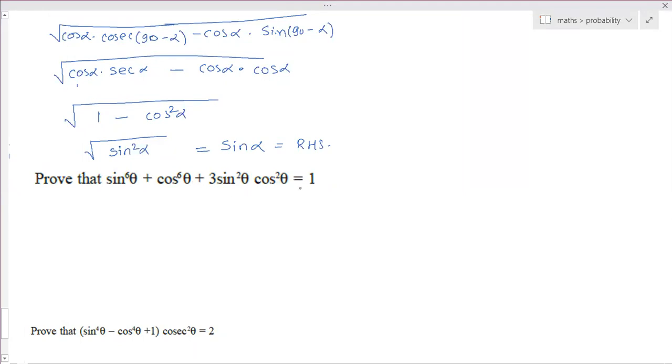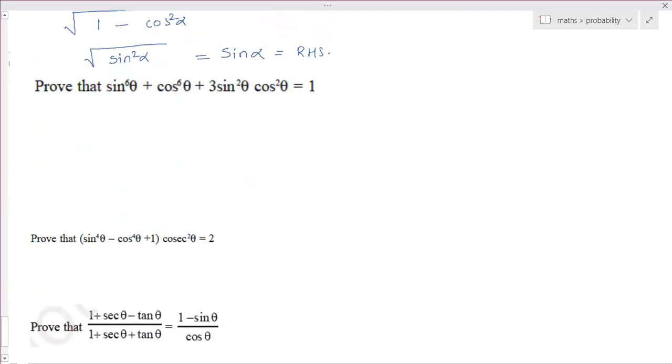So that means you need to know this is the identity. This is algebraic. 3a square b square. This is a cube. This is b cube. So whenever you get the 6 theta, power is 6. So you are taking as a square, just cube. So we know that sine square theta plus cos square theta, this value you know it is equal to 1. Take the cube of it. Sine square theta plus cos square theta whole cube. That is also 1 cube is 1.